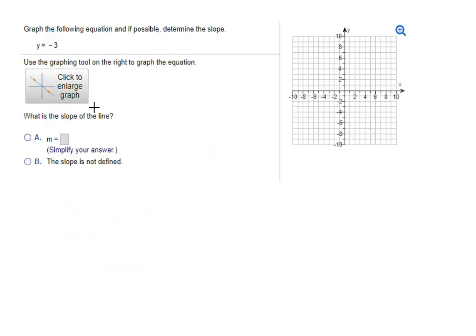All right, now this one's not a trick question, but this is a special case. So if you have y equals a number like this, that's supposed to be a pound sign. Let me try that again. If you have y equals a number, any number, then the graph will be a horizontal line that passes through that number on the y-axis. So that's exactly what we have here. Y equals -3. So here's -3 on the y-axis,